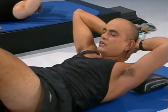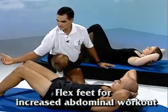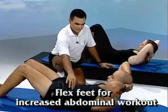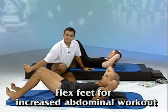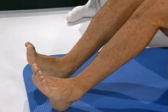Now notice Joe's knees, the femur is at approximately a 45-degree angle, and take your feet further away this time, and balance on your heels. Toes up towards you, as high as you can, and keep working. Breathing out as you curl forward. Feel that more? Yes. So the actual abdominals will work a lot more when the feet are flexed. 2 more repetitions, breathing in, and sigh as you curl forward. Breathe in,